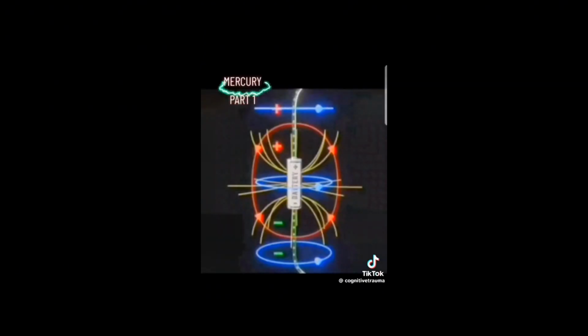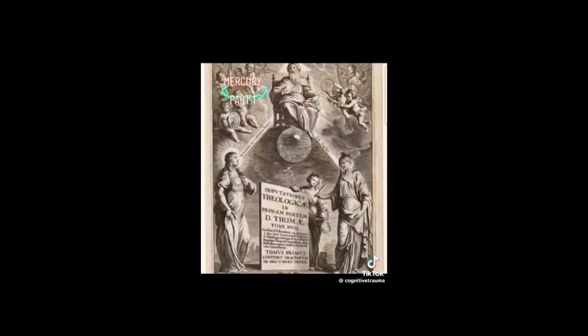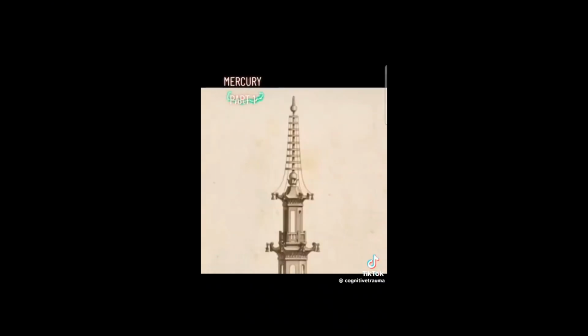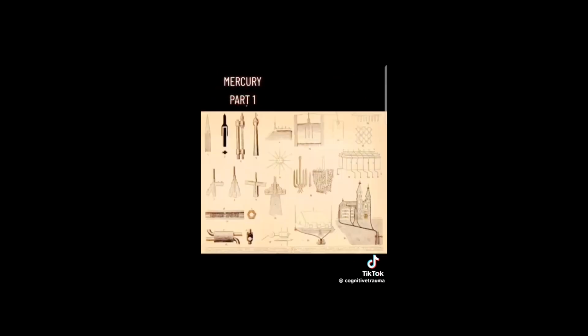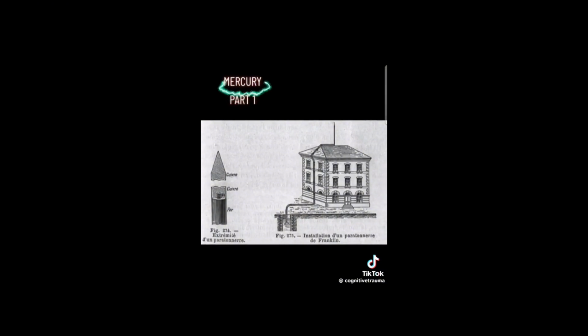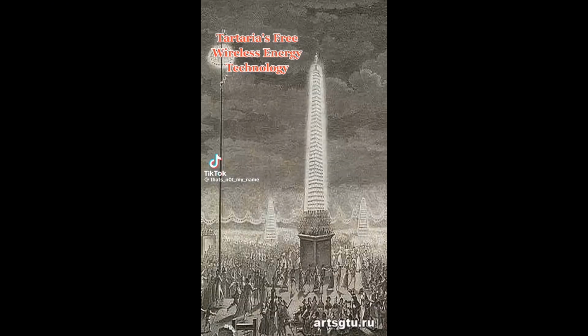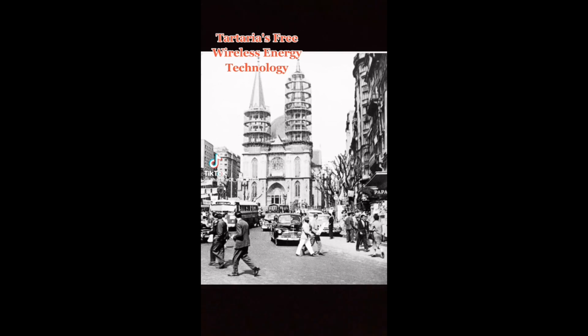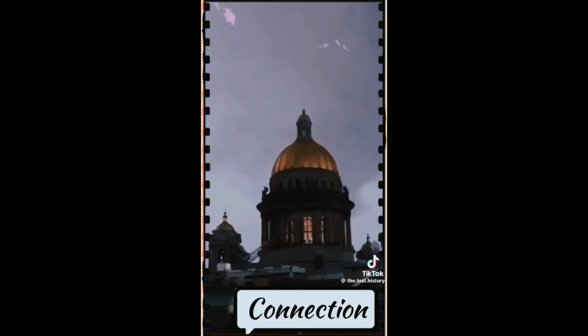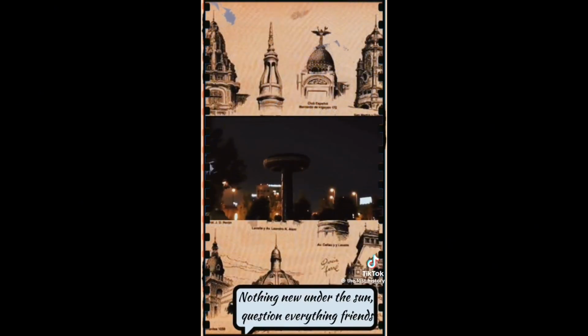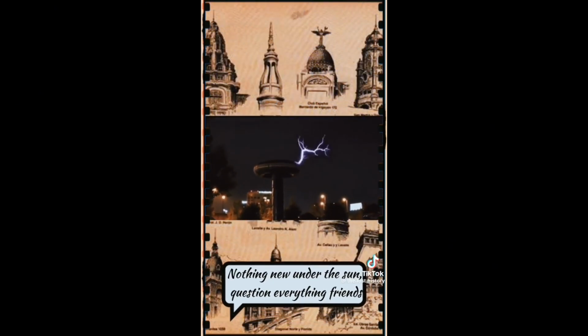So what was happening is it was taking the electricity from the air, sending it to the ground, and then through the mercury and the metal rod, it was running it into the building or house or cathedral or whatever, and that was giving it power. So it was free because we're surrounded by electricity. And if you don't believe that, then you don't understand how lightning works, okay? Because literally that's all lightning is.